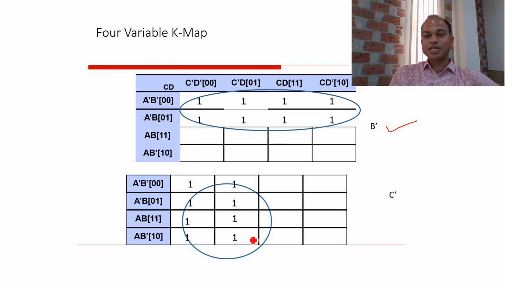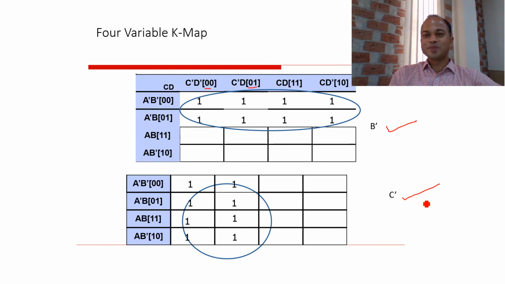Similarly, if we take this particular case, here we have this particular pair. In this case, we have to consider these two entire columns. The columns are C dash D dash, C dash D. What is the common value? The common value is 0 only. The first one is 0, the second one is 0 and 1, so we have to take the common value. The common value is 0 only, so therefore we have to write C dash.